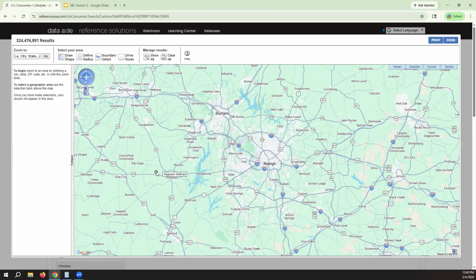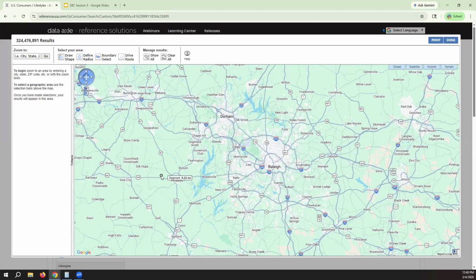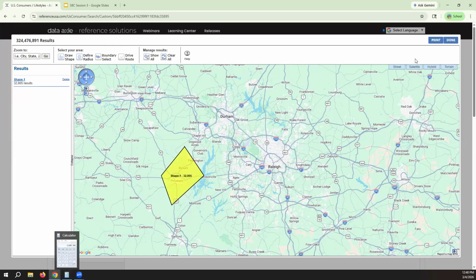You put down where you want it, and then you just draw your shape. You can have as many points as you want. I'm going to do this kind of funny diamond here. When I'm done, I'm going to double click, and it's going to turn yellow, and that's the shape that I've selected.